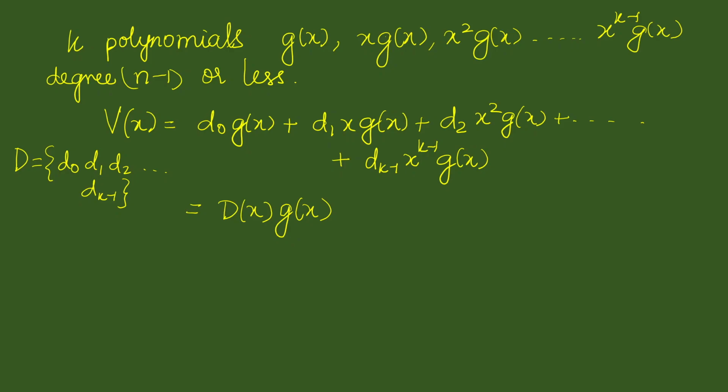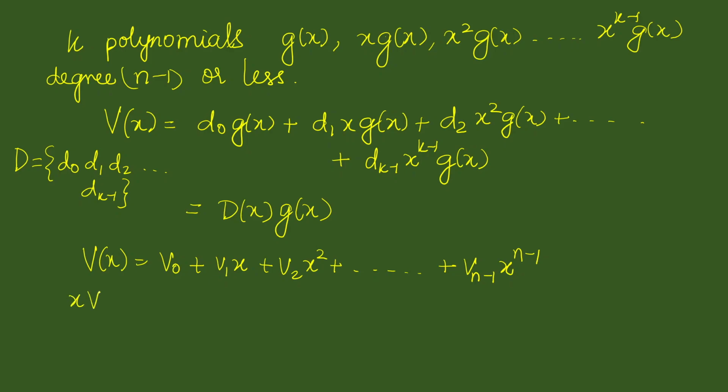This method of finding the code word vector we call the non-systematic way. Now we will see there is another method to find this code word vector. Assume that v of x, which we have just written, can be written in general as v0 into x raised to 0 plus v1 into x raised to 1 plus v2 into x square plus so on. This is an n degree polynomial, so the last term is v of n minus 1 into x raised to n minus 1. This will be the code word polynomial.